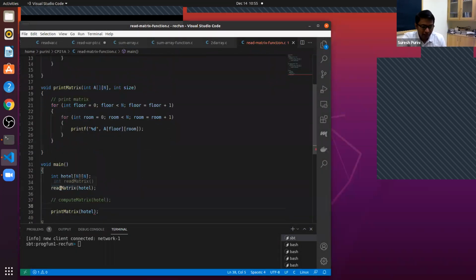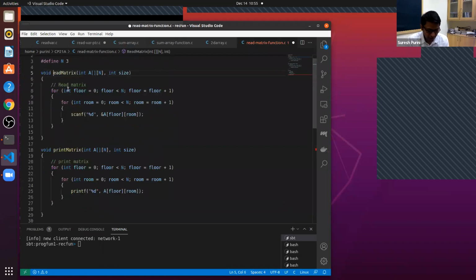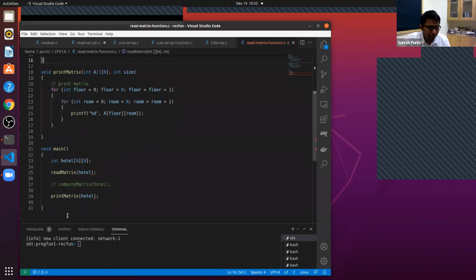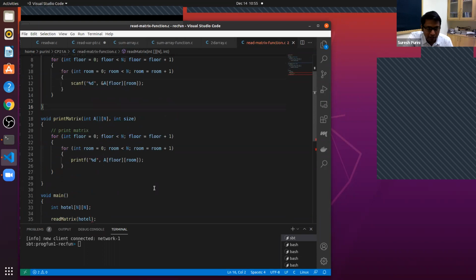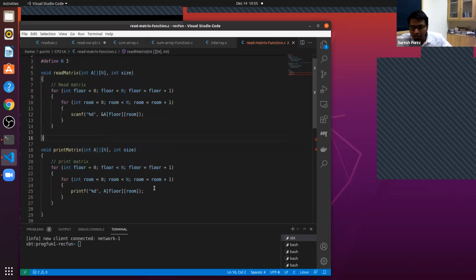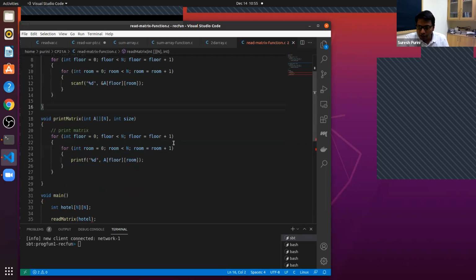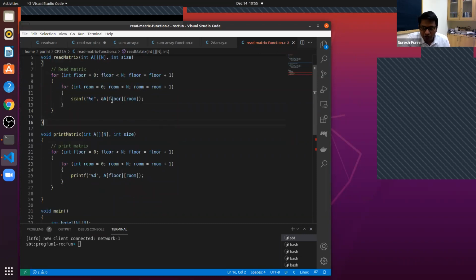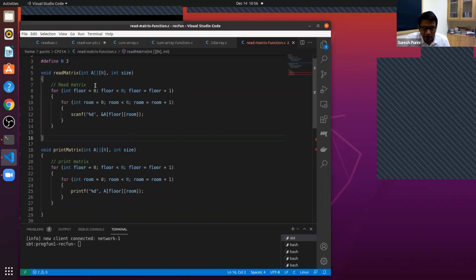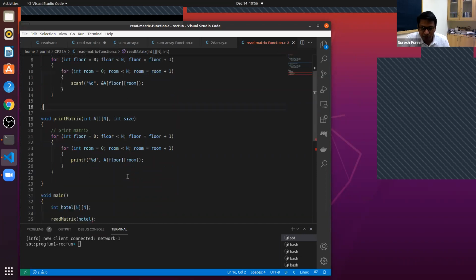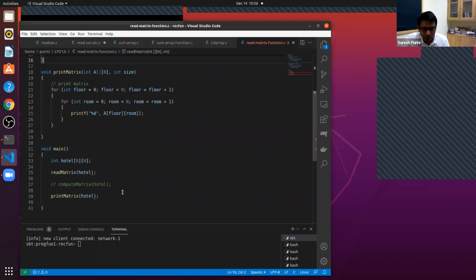Okay, so here on line 35, we are calling the read matrix function. And then on line number 39, we are calling the print matrix function. And so we will talk about how 2D arrays get mapped. Are you all with me on this code? Read matrix and print matrix. This is how I want you to keep this canonical code in mind.